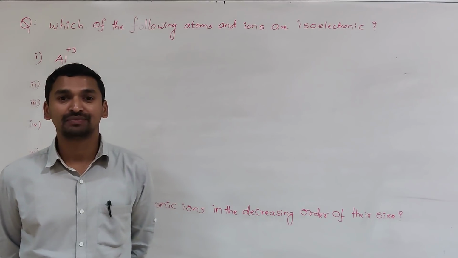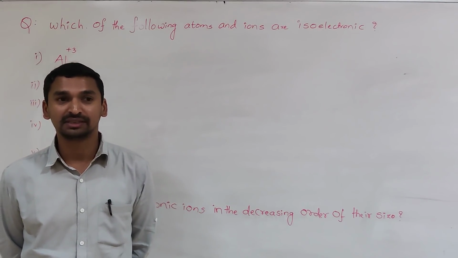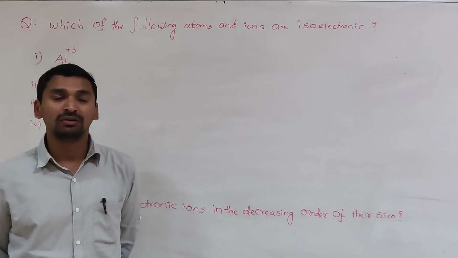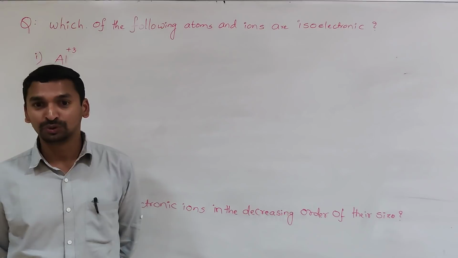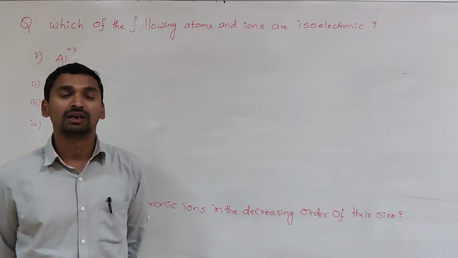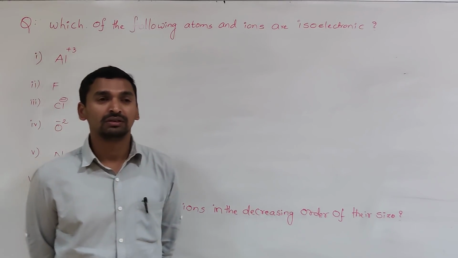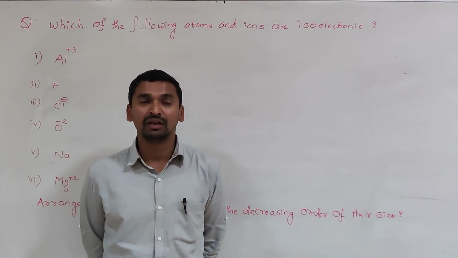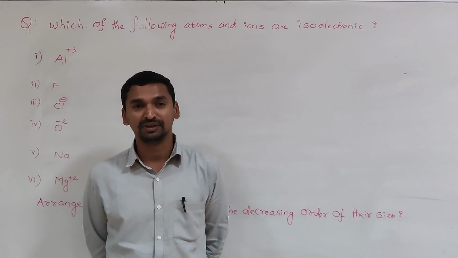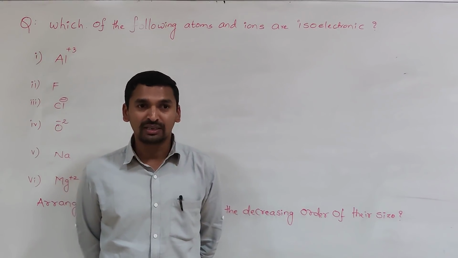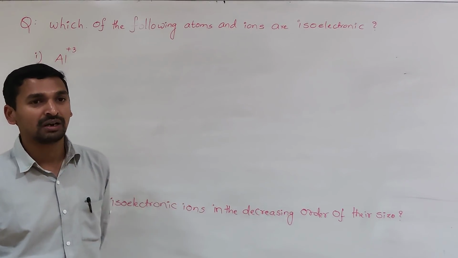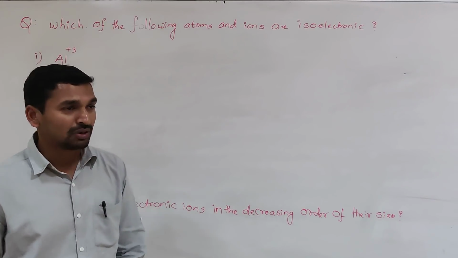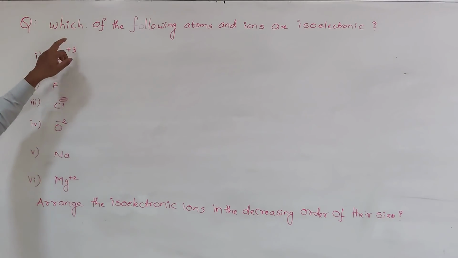Good morning, students. In the last class, we discussed the ionic radii and how the ionic radii varies in groups, and what conclusions are obtained after a detailed study of the ionic radii. Those conclusions will also be discussed very clearly. So let us discuss some problems on atomic radii and ionic radii. Go to the first question.